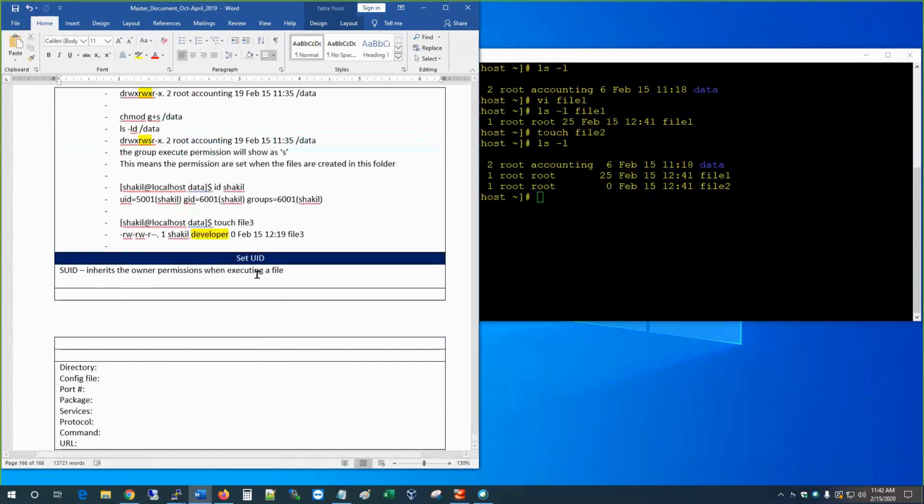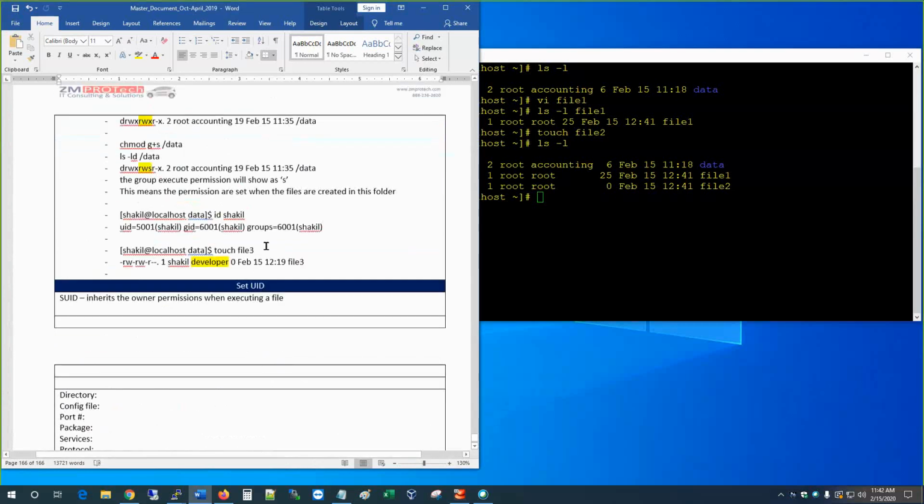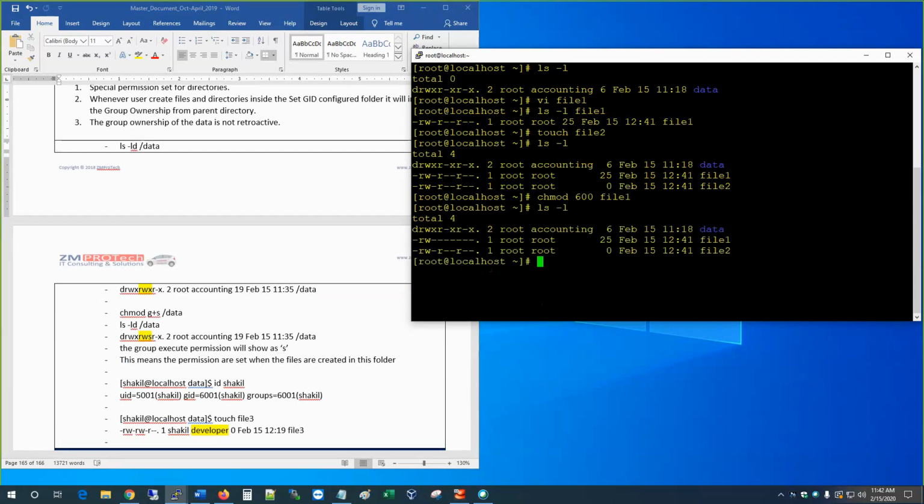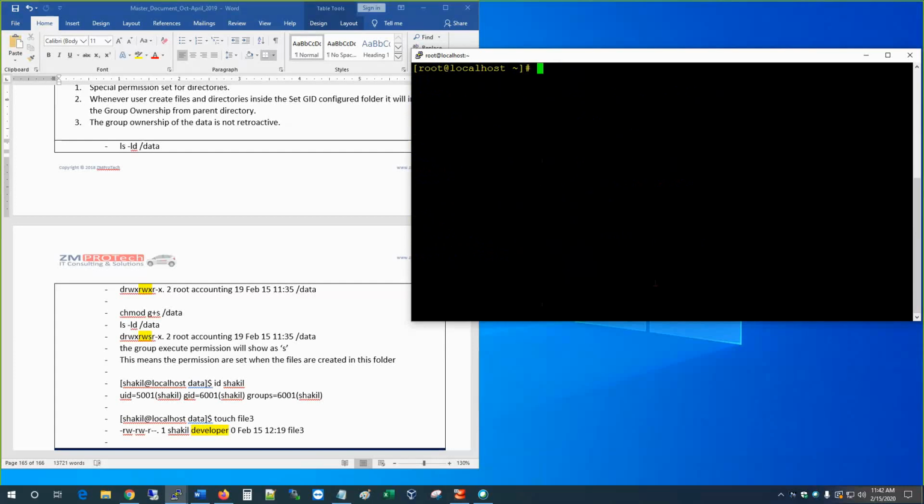So let's do this here. What I'm going to do is take away all the permissions in here. So I'm going to do chmod 600 file1. Okay, and then I do ls -l. A regular user will never be able to, okay, oh, you know what, hold on. Let me go into the data folder, cd /data, because